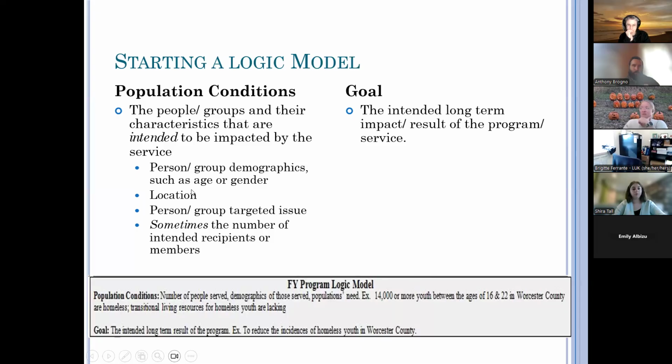Yeah, it's important to be very clear about who you're serving, because if you say all of Central Massachusetts and you don't narrow it down, then that's a lot of service to be providing. So if we're talking about DCF youth without pets in Central Massachusetts, that narrows it down a lot more. Or even North Central Massachusetts, an even smaller population.